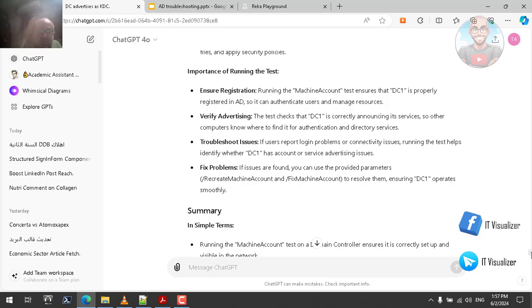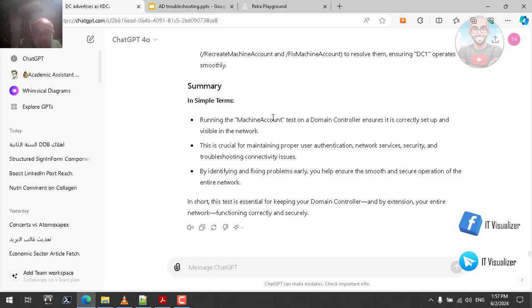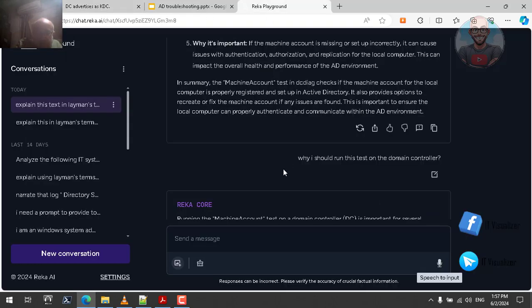Fix problems. If issues are found, you can use the provided parameters, recreate machine account or fix machine account, to resolve these, ensuring DC1 operates smoothly. In summary, these tests can do so and so. Choose it correctly set up and visible, crucial for running so and so by identifying. In short, this test is essential for keeping a domain controller and, by extension, your entire network functioning properly and correctly. If we go to Rika and see the answer,